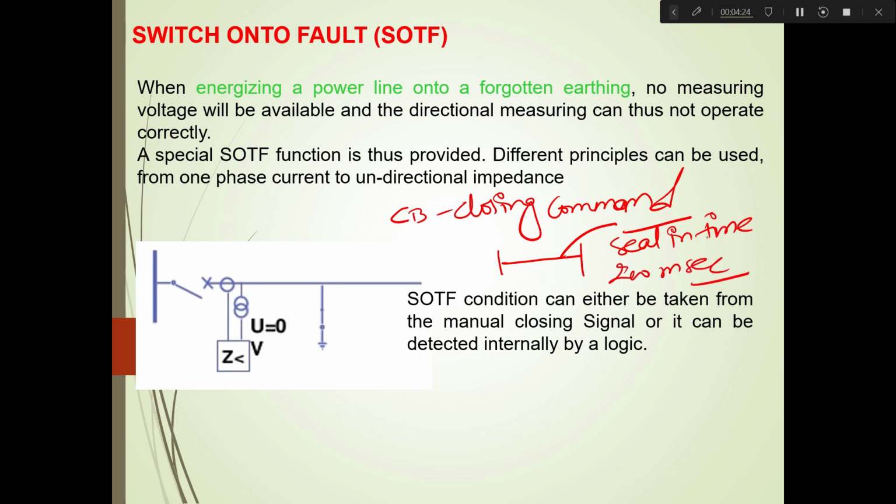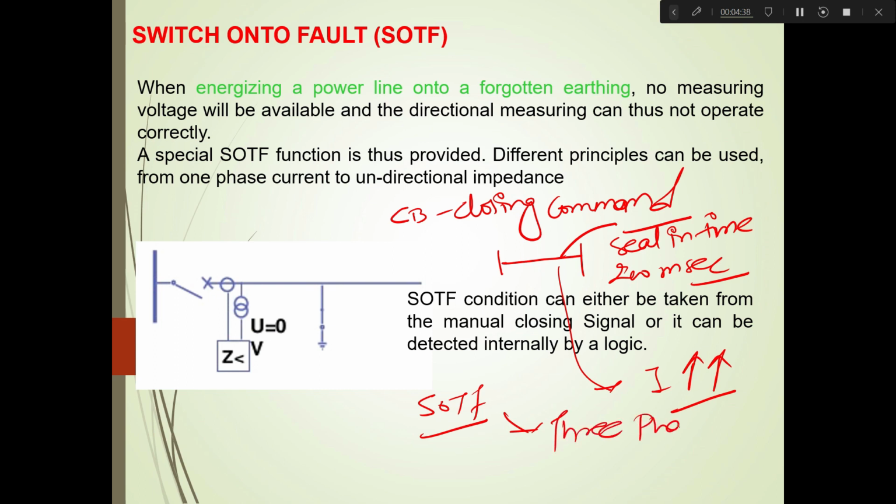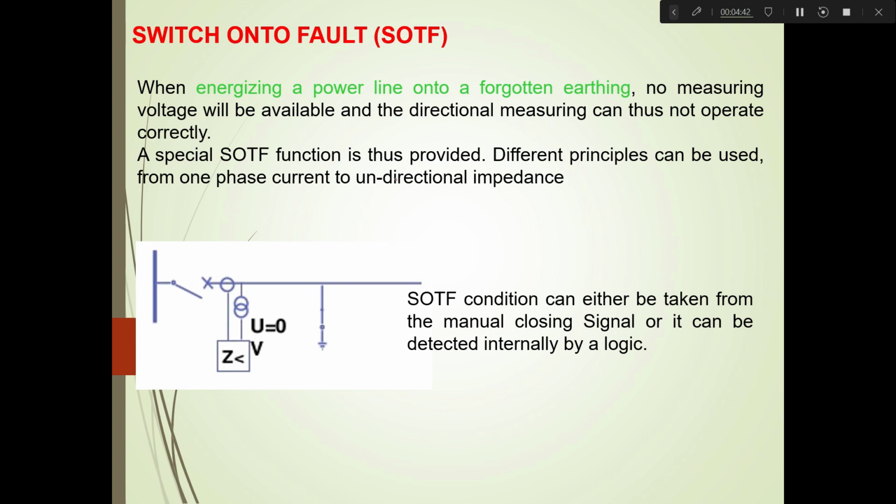Within this 200 milliseconds, if the current suddenly increases beyond the set limit, then our protection function must recognize this as a switch on to fault, and it should issue a three-phase trip command immediately. So if you combine all of these features, SOTF works like this: the CB closing command is given, then from this CB closing command to some 200 milliseconds of